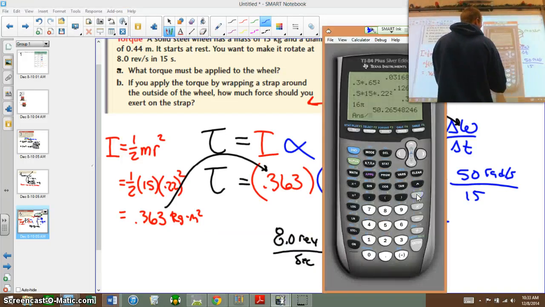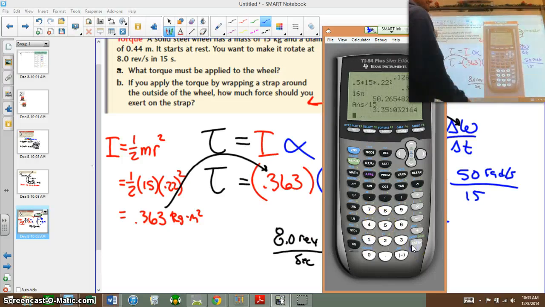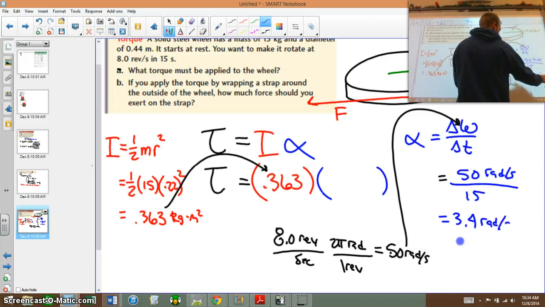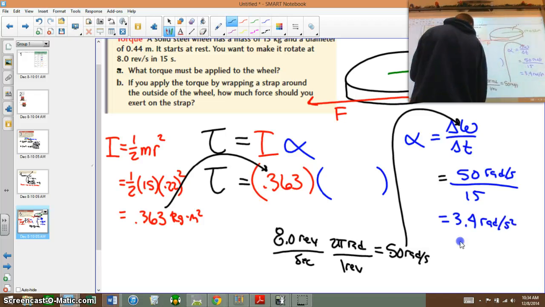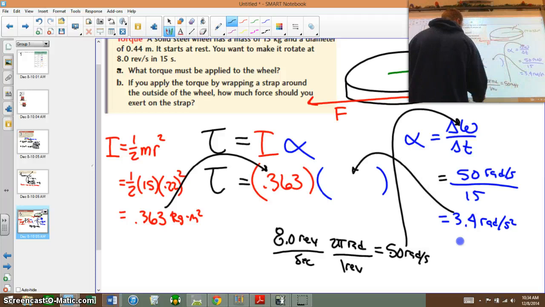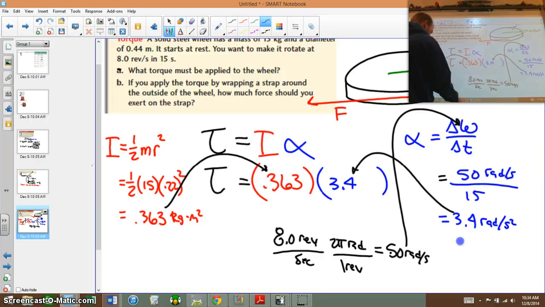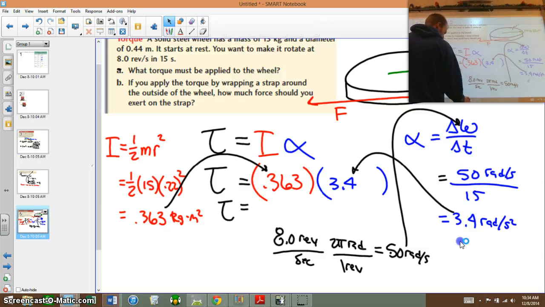So divided by 15, that's 3.4 radians per second squared. So I take that number and put it in here. Now I can figure out how much torque it takes to do this. So I take